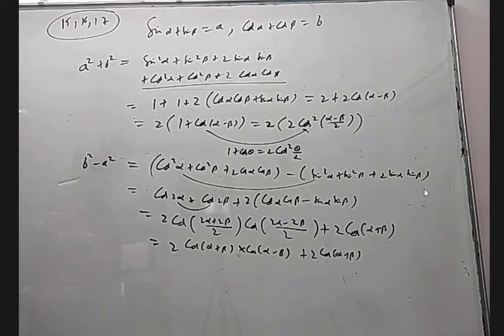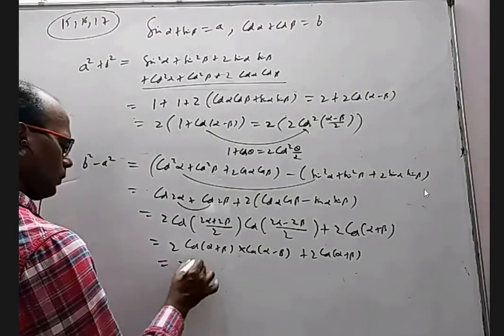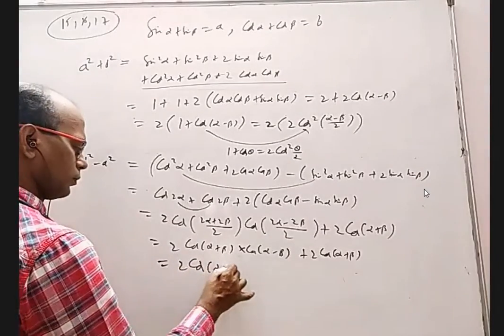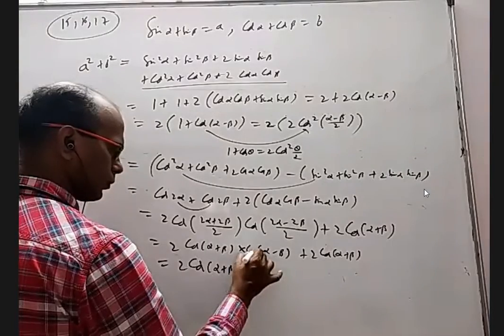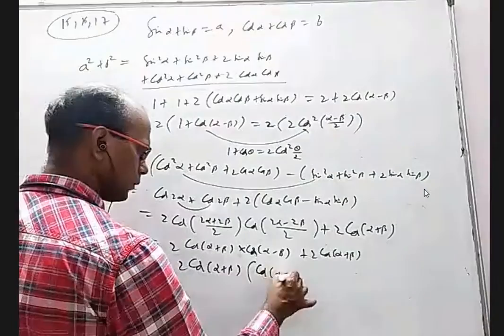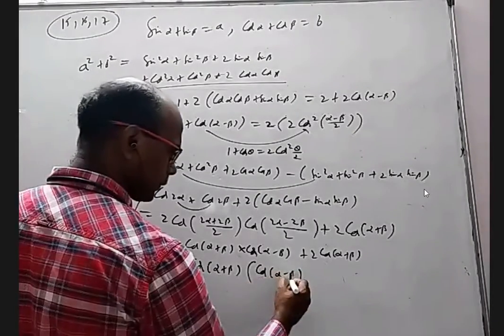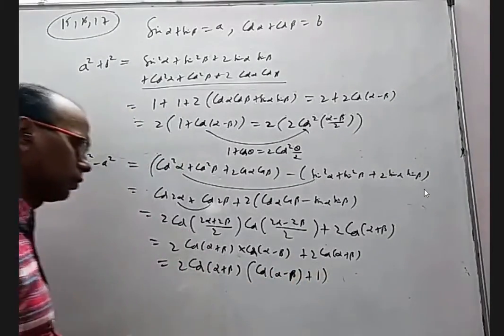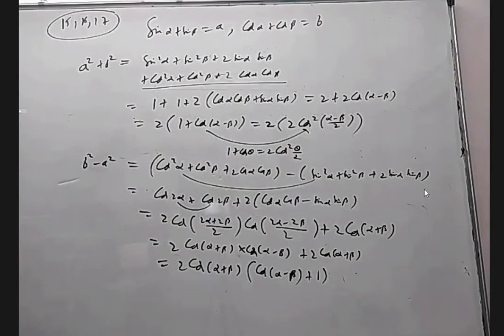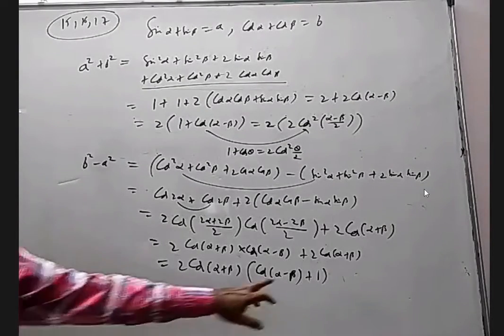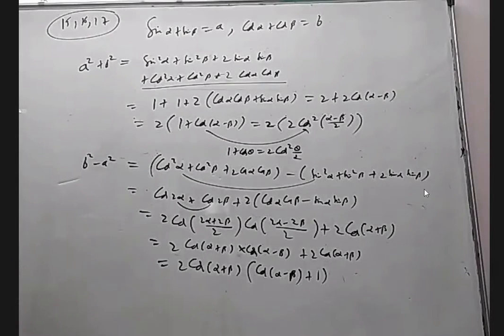No, sir, now I am saying we can take cos alpha plus beta common from this and divide it. Sir, only cos alpha plus beta. You can take 2 also common, what is the big deal? No, sir, in the question they asked only cos alpha plus beta in one question. Yeah, but then the answer cannot contain cos alpha minus beta, right?